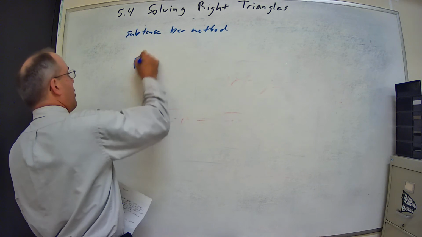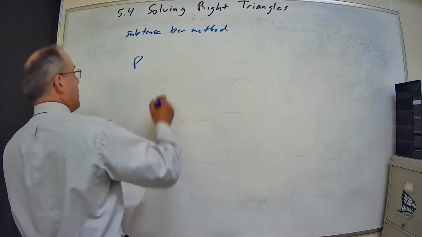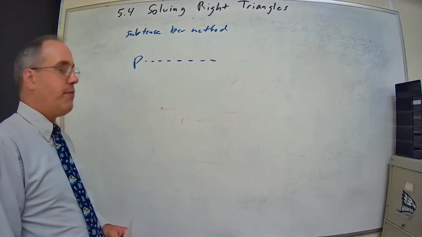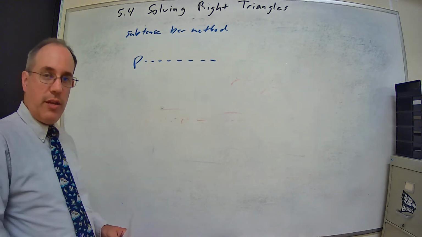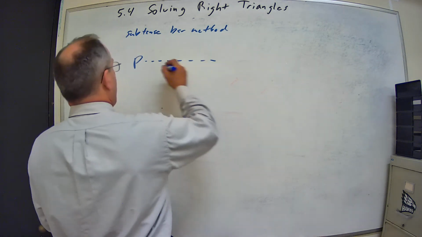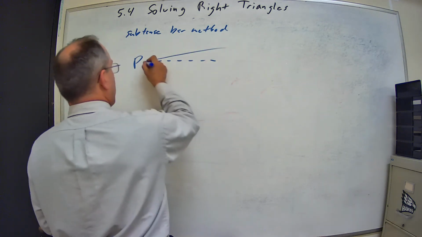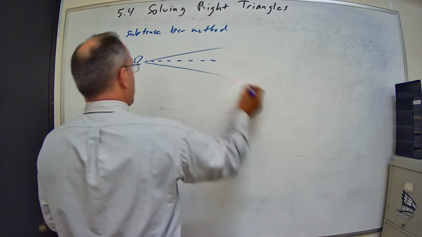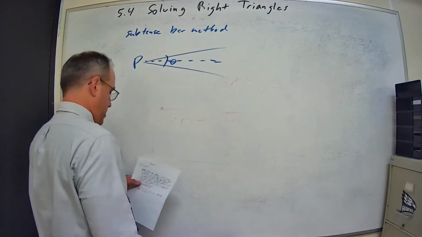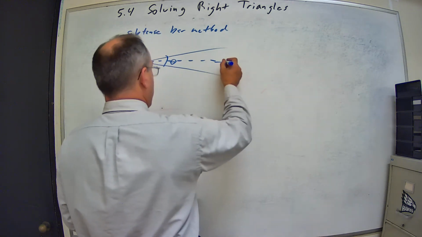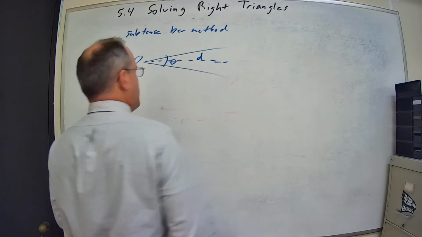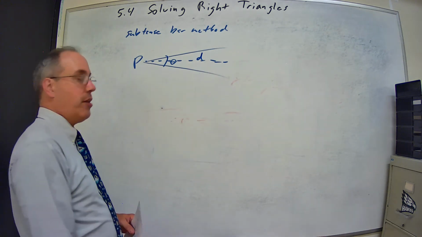Now let's say we've got point P here, and they're looking out and they're trying to find the distance between 2 points. And they look at this angle theta, there's a distance d, how far away they are from the item,